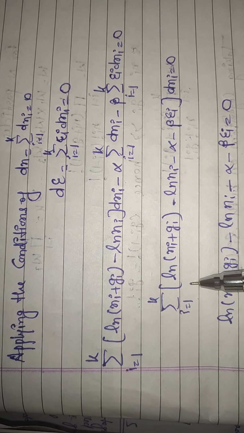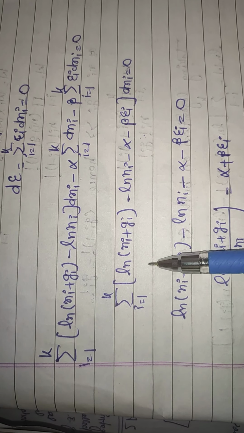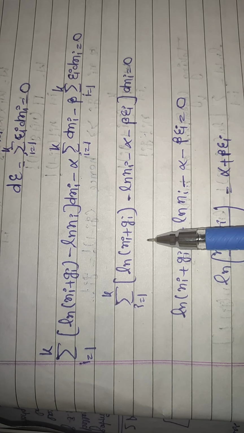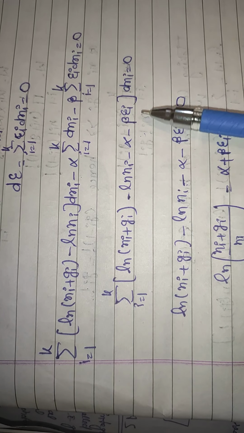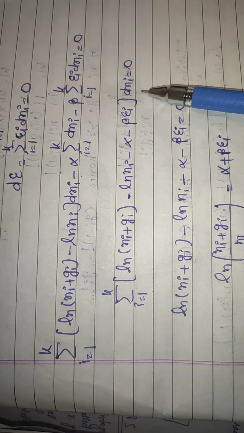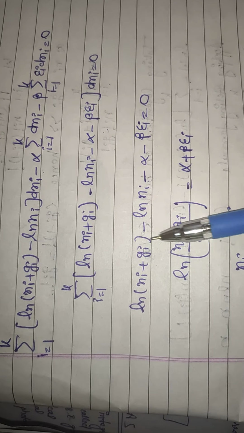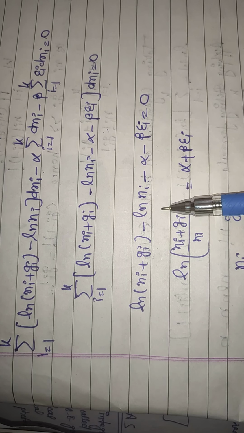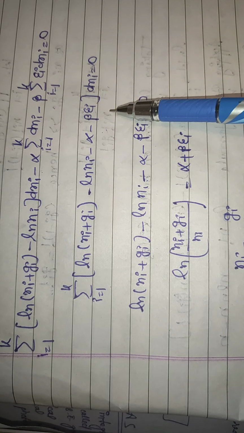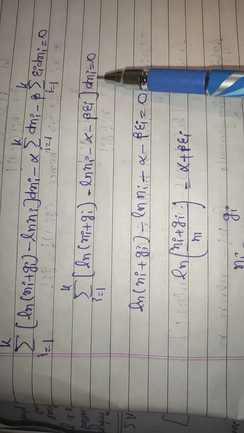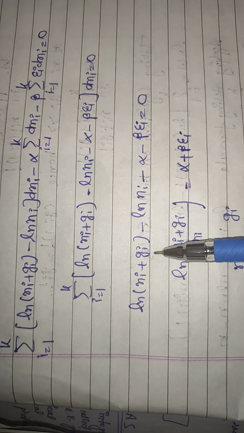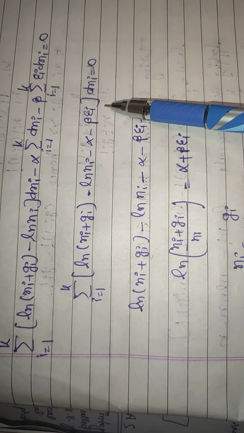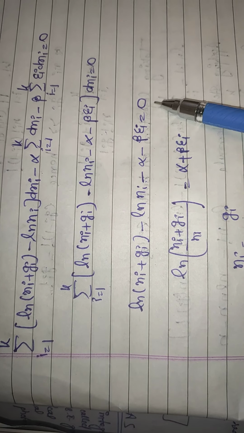So on solving this, we are left with summation of i equals 1 to k of [logarithm of (ni plus gi) minus logarithm of ni minus alpha minus beta epsilon i] into dni is equal to 0. And the term in the bracket should be equal to 0, because dni can't be 0. So equating this term equal to 0,